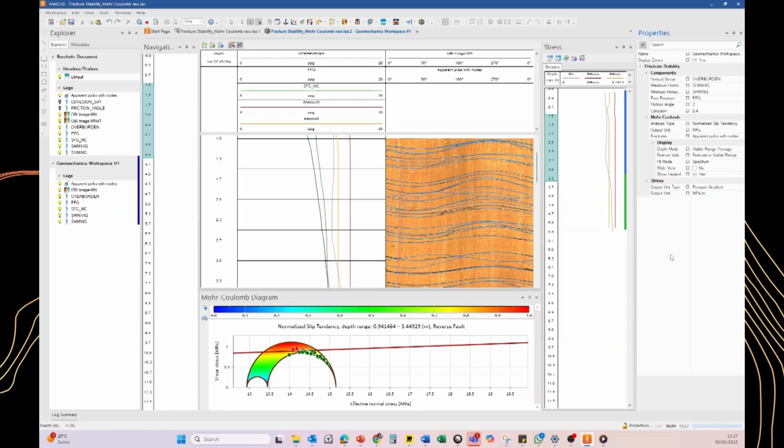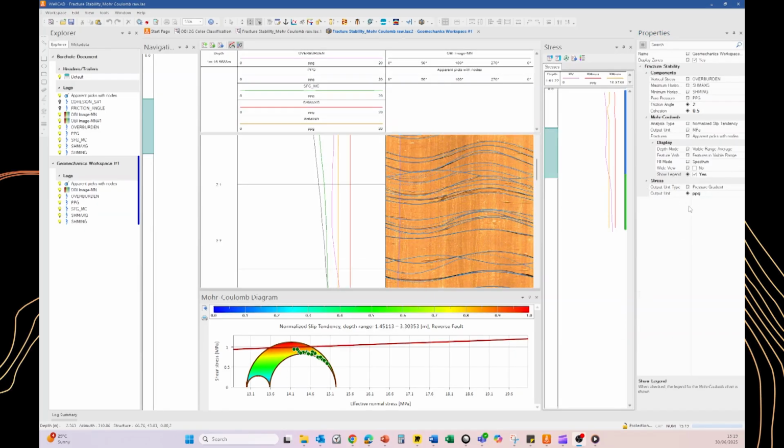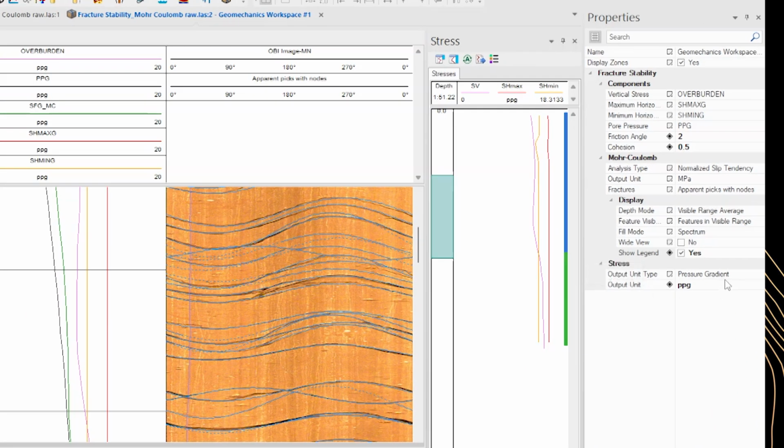We can also see here at the stress section in the properties where we can have output unit types, and they can be pressure or pressure gradient. And for the output units, we have all these various units.